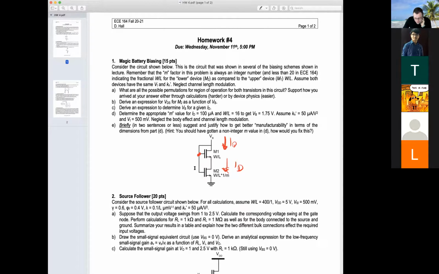And so you need to think a little bit about which device that is. I think that if you look carefully, this diode connected device gives you a pretty big hint, but there's other ways to prove this, and hopefully after homework 3, we have a good sense of